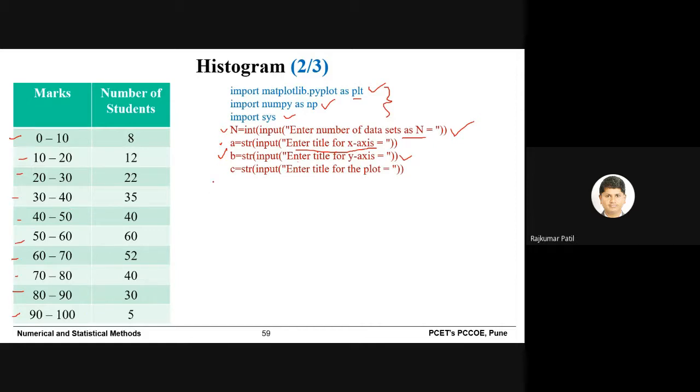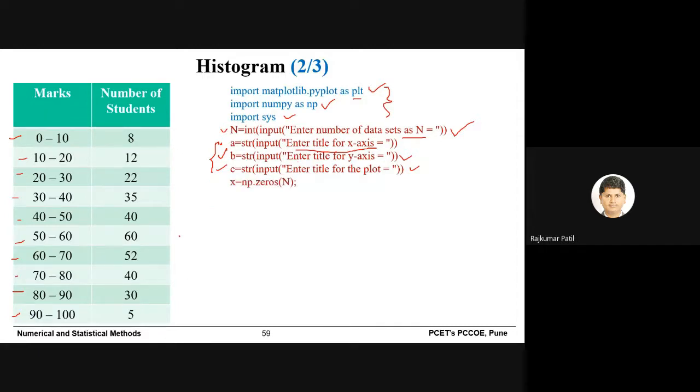Then C will allow you to enter the title of the plot. At A, B and C you might have observed that it is a string, because we are not going to enter numbers; the axis titles and the main title will be strings.